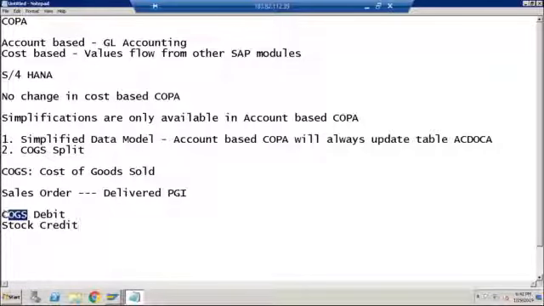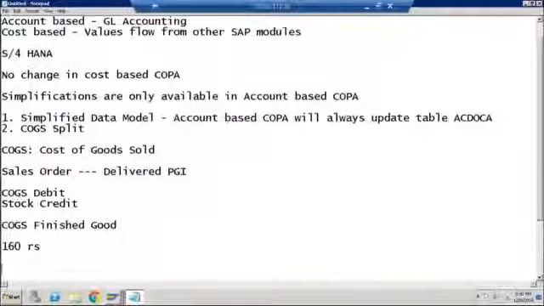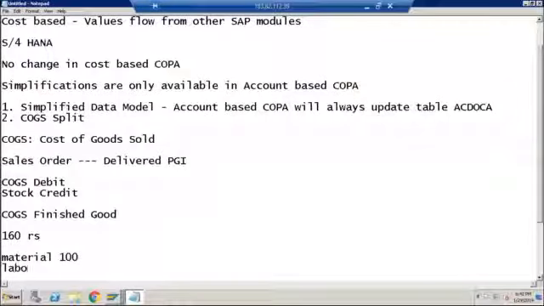Now let's talk about the COGS in detail. So COGS, as you said, is cost of goods sold. Okay, let's say this is a COGS for my finished good. Now let's say this finished good was manufactured at the cost of 160 rupees, which includes the material cost of 100 and labor cost of 60.